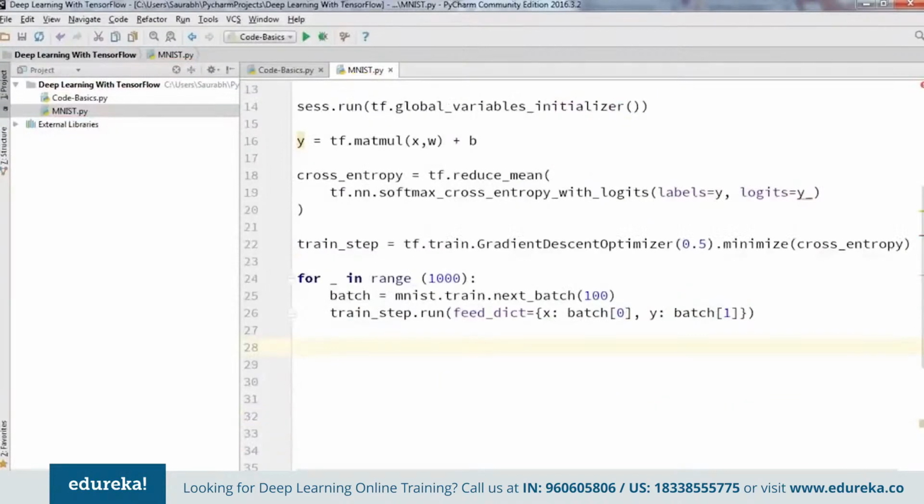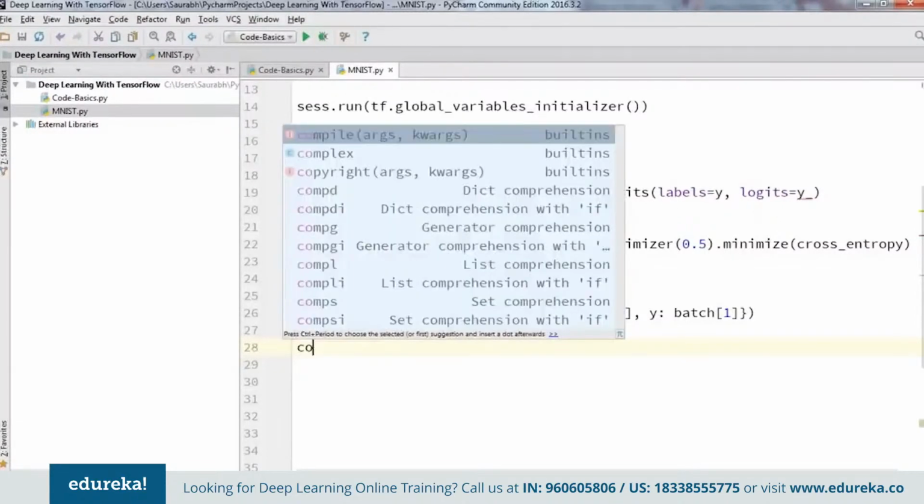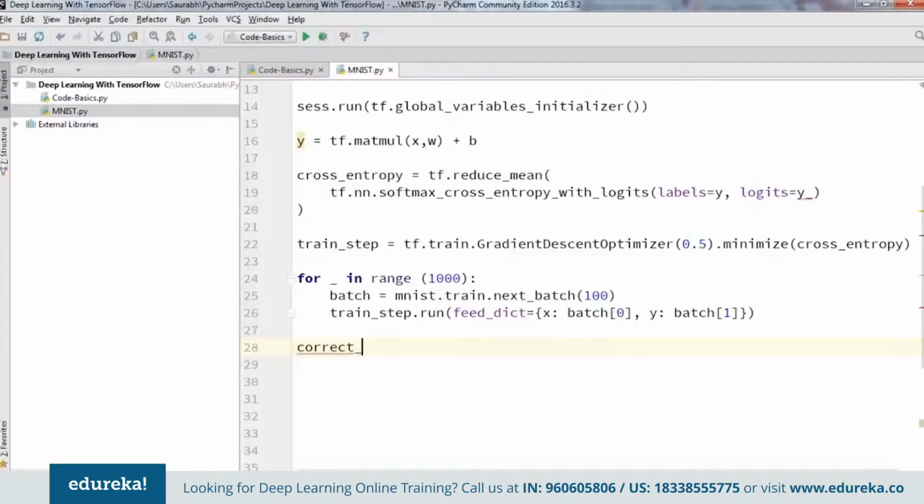That's it. Now we need to evaluate our model. We need to figure out how well our model is doing, and for that I'm going to make use of the tf.argmax function. Let me tell you how it works. First I'm going to type in here correct_prediction equals tf.equal(tf.argmax(y_, 1), tf.argmax(y, 1). So basically tf.argmax(y_, 1) is the label our model thinks is most